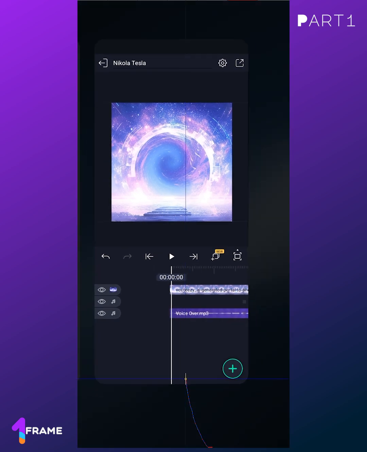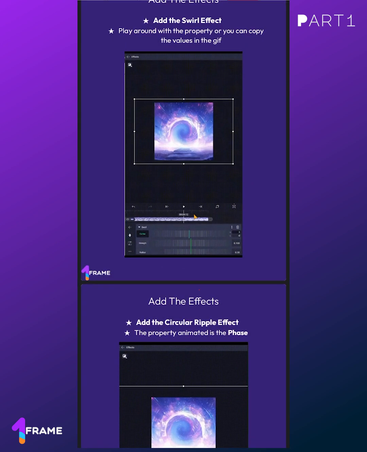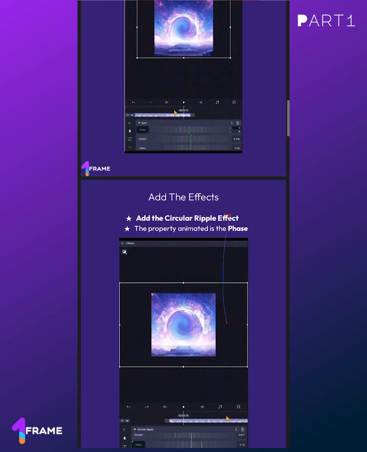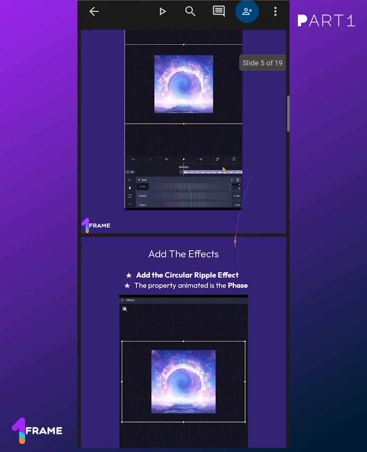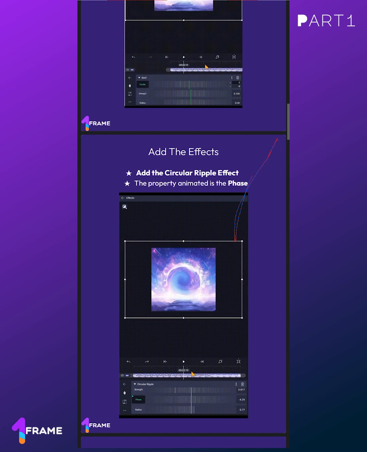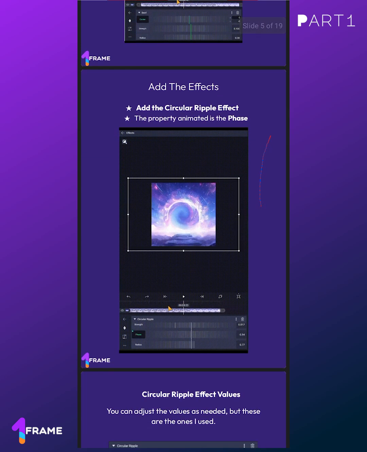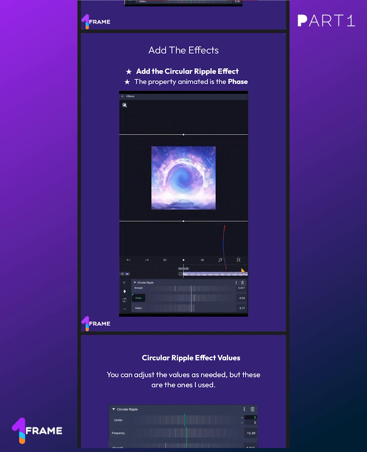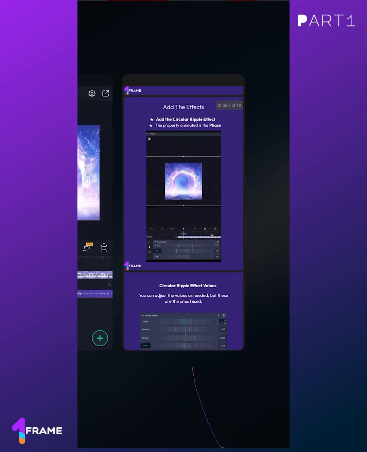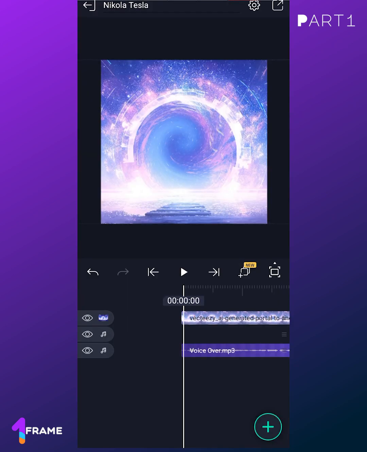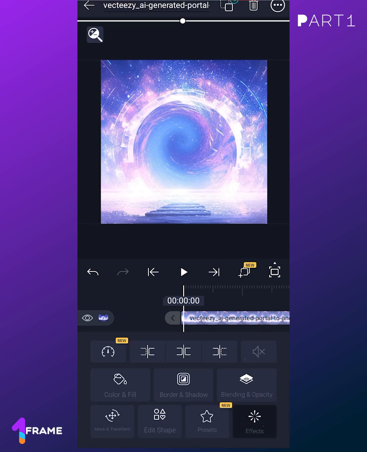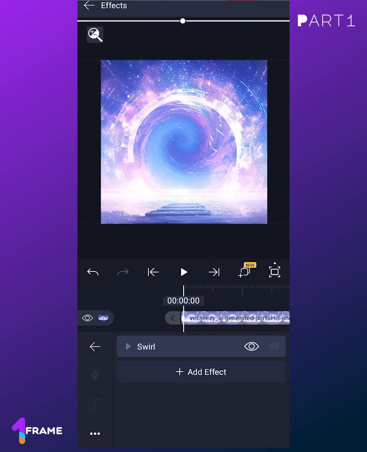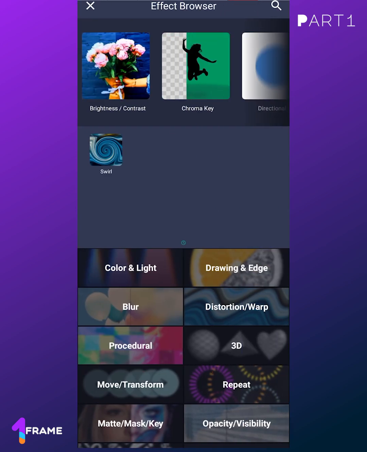Okay, so now the next step is we need to add another effect again, which is the circular ripple effect. And after we add it, we need to animate the phase property. That is to create an animation. All right, so let's go in and also add that. Okay, click on this, go to add effects, click on add effects, and